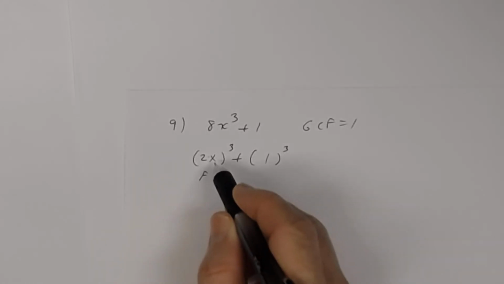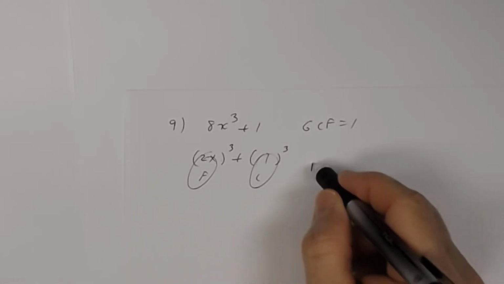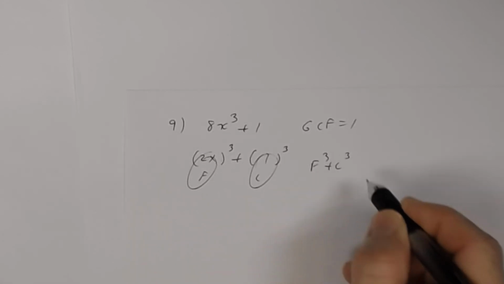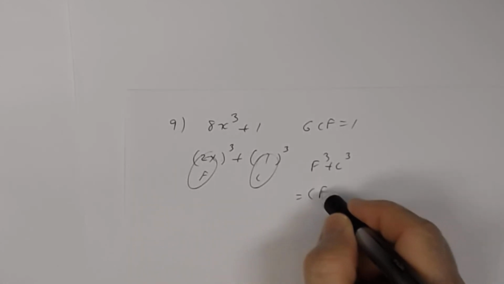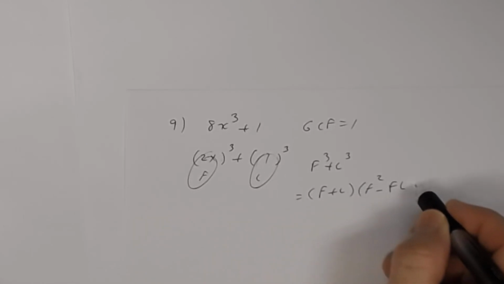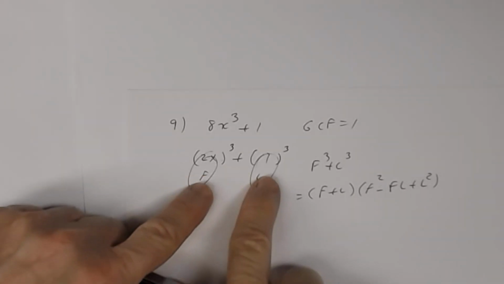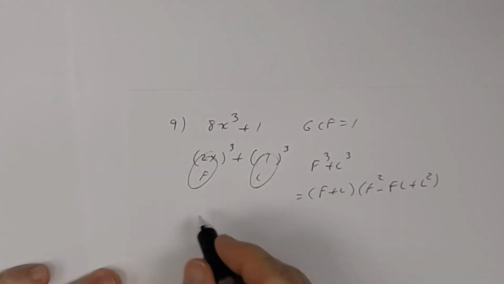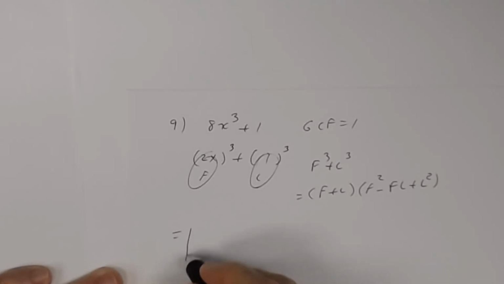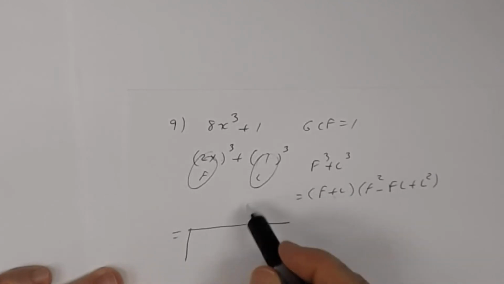So here's my F. Here's my L. And remember the formula for the sum of two cubes is F plus L times F squared minus FL plus L squared. That's a formula. All you do is take these two expressions and substitute. So the answer is going to be F plus L, a binomial times a trinomial. The binomial will be 2x plus 1,